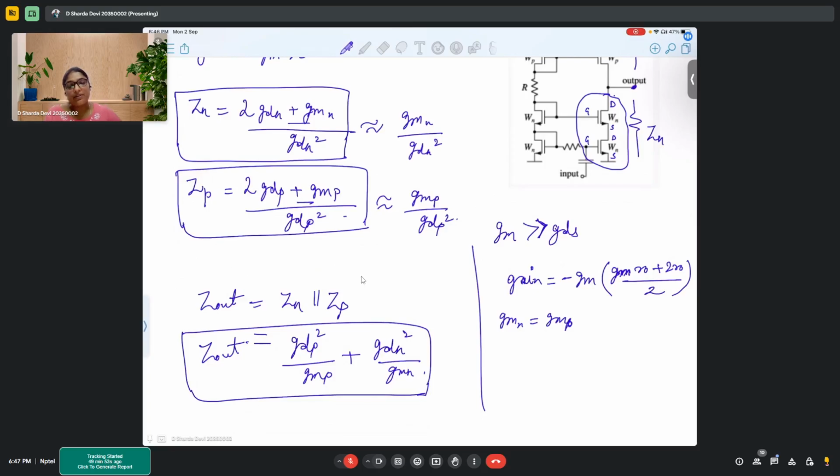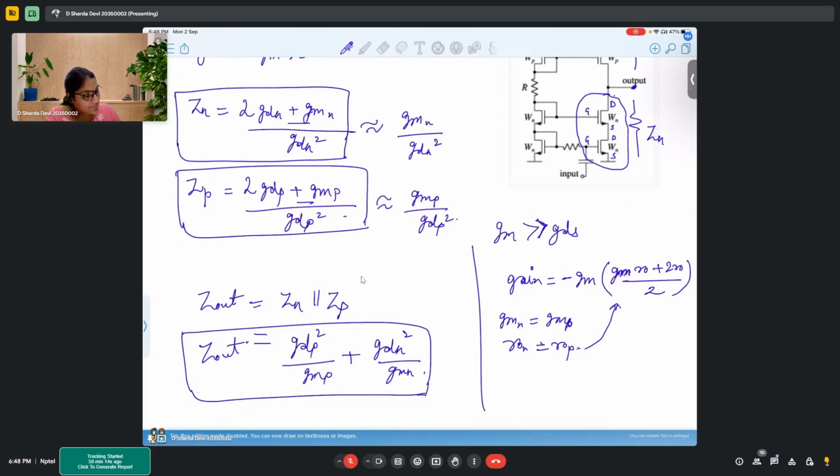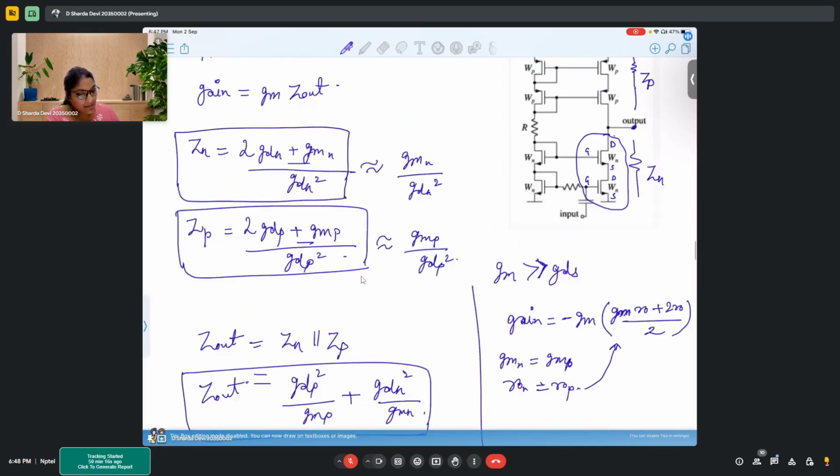We already found out, right? VGS were the same for both the transistors, and everything was the same since the same current was flowing. So GMN and GMP will also be the same. And similarly, R naught N is equal to R naught P. So by substituting this here, we'll get again the same formula,